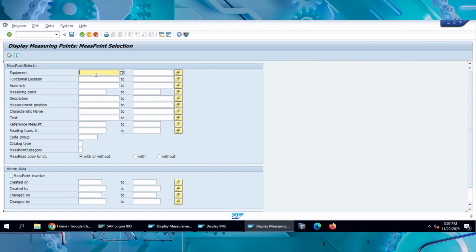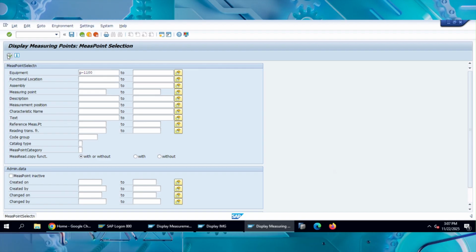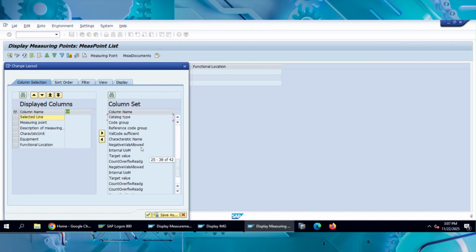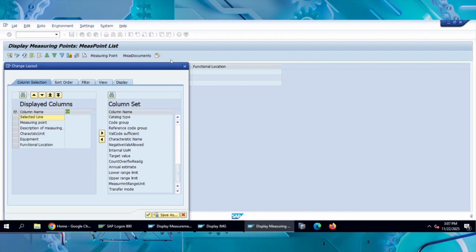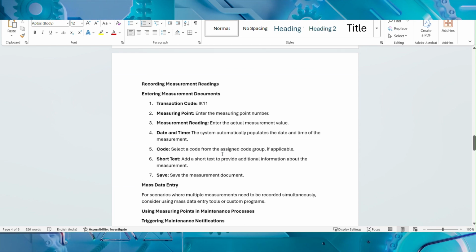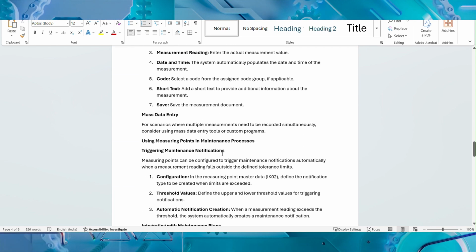If you want to view the measuring points, you can go there and you can see. Again here you can add your required fields to your report. So if I refer to this document,